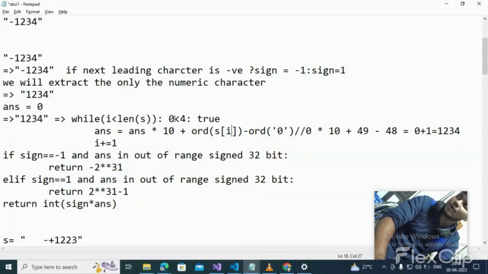The ASCII value of character 1, you can check on the internet, I think it's 48. Yeah, it's 49. So if we take 0 into 10, where 0 is the value of answer, multiplied by 10, plus 49, which is the ASCII value of character 1, and minus